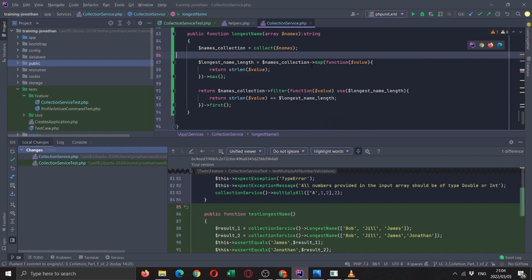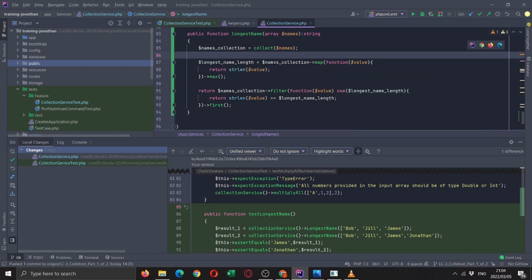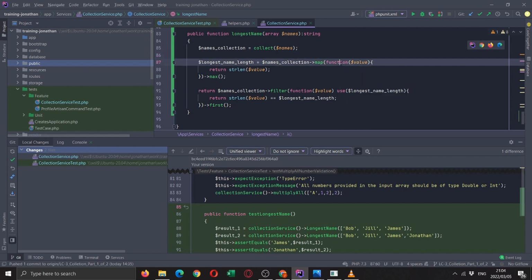So I'm making use of the map function, which, like we know now, returns a new collection. It doesn't mutate the existing collection. So on that, I convert all the string values to integers, which are the string values' lengths, in a new collection.